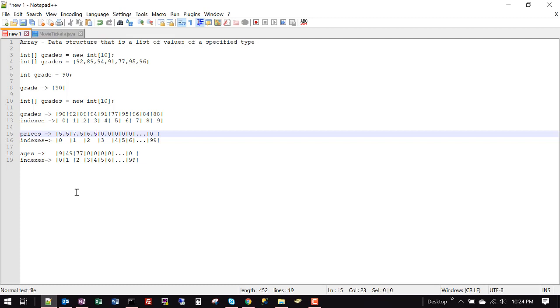It's as if we're creating almost some kind of complex data structure that associates things with two different arrays with two different types, but they have a related